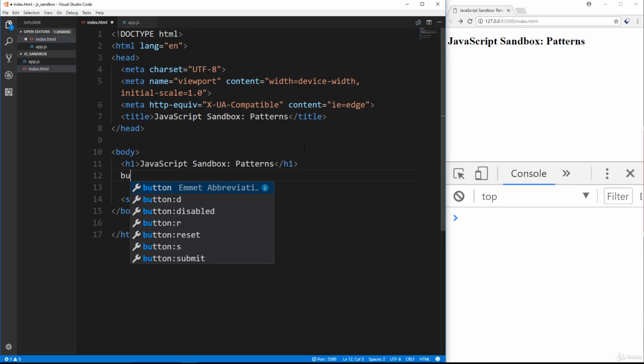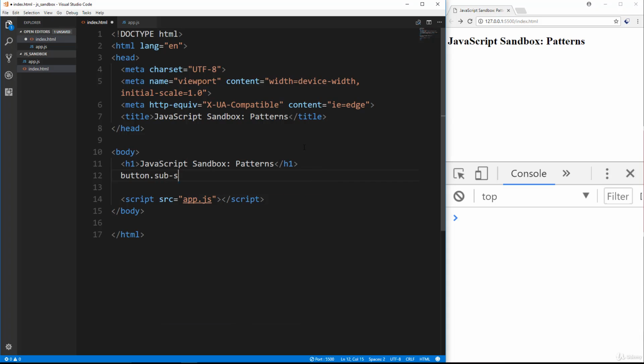So let's create a button. And we're going to give this button a class of sub-s, because what these are going to do is allow us to subscribe and unsubscribe to a click event to get seconds, to console log the current seconds using the date method. And then we'll also create buttons to subscribe and unsubscribe to getting milliseconds. Actually, we'll do the milliseconds first. So this will be sub-ms. We're going to say subscribe to